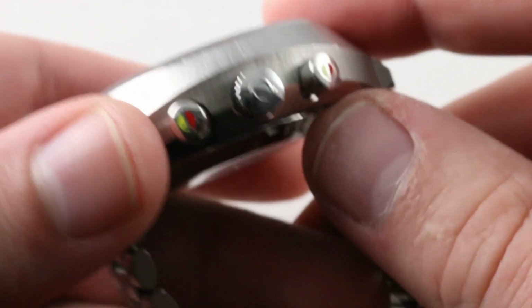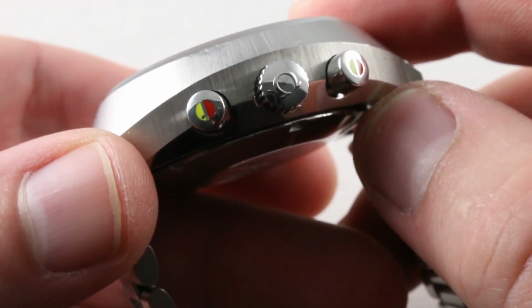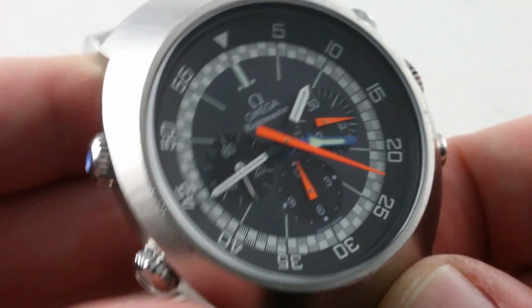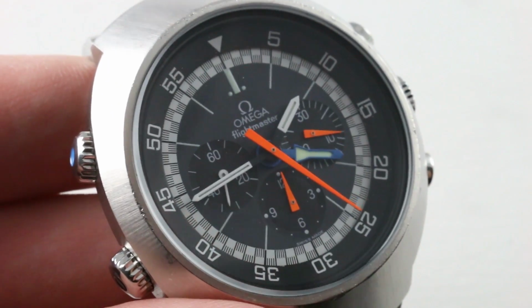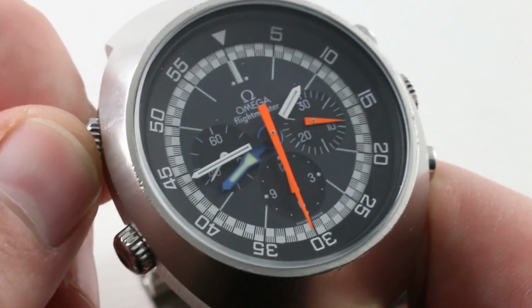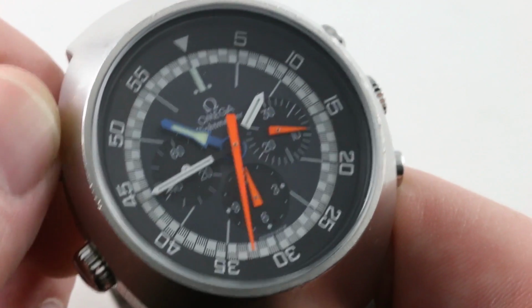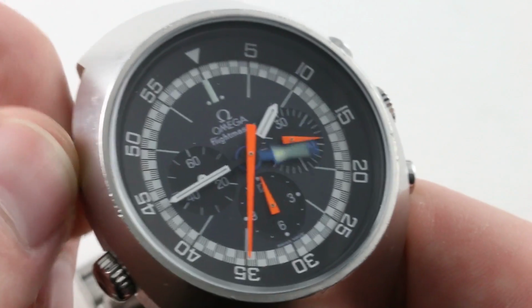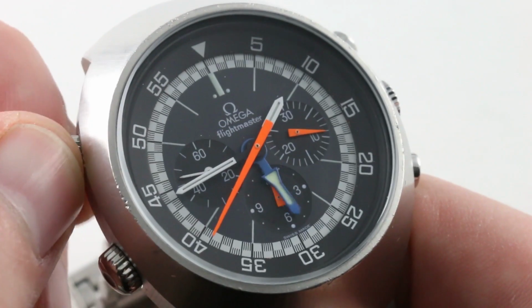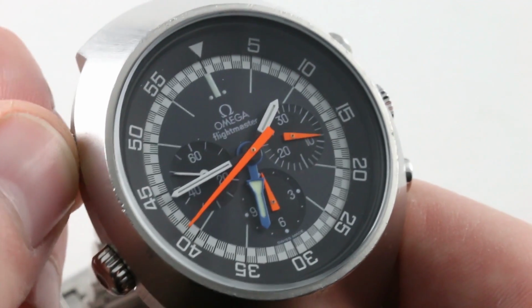Now, I mentioned that all of the crowns are color-coded to give you a sense of what functions you're operating. Some people get intimidated by this watch. I say, don't sweat. This watch is an absolute breeze to use, and it starts with minding your colors. The blue crown allows you to manipulate the 24 or the second time zone hand. It's not a 24-hour hand, it's a 12-hour hand, but unlike the GMT Master 1675 of the period, you can set it absolutely independent